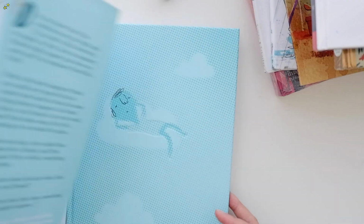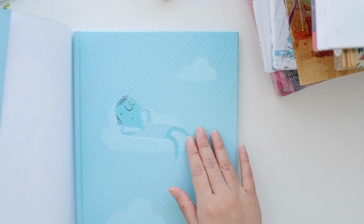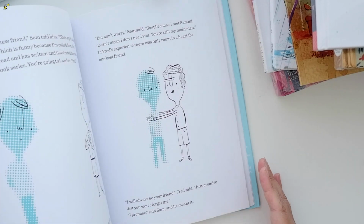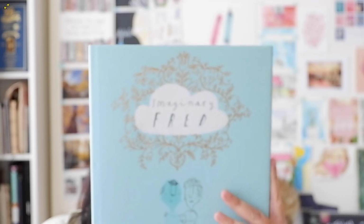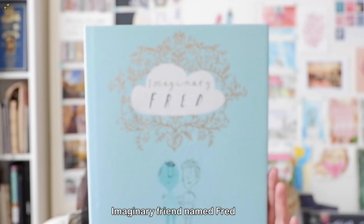I was so happy when I saw this because the last time that I went to Big Bad Wolf last year, I was specifically looking for Oliver Jeffers books, but they didn't have any. So when I saw this, I was so happy, and of course, I had to buy this. This is a story about an imaginary friend named Fred, and